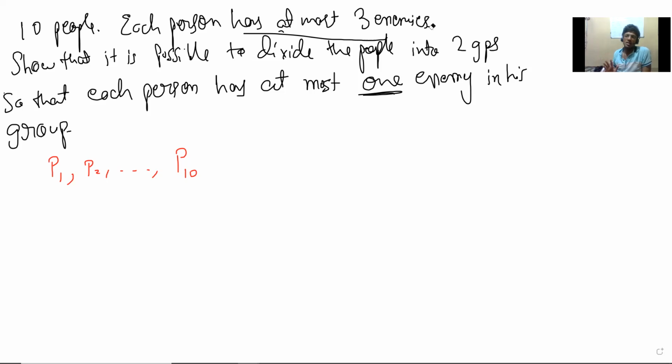Okay, as simple as that. So we are just going to do the simplest thing possible, right? Initially you have these 10 people in one group, just 10 people, right? Now, if P1, let's say, has enemies with P3, so maybe